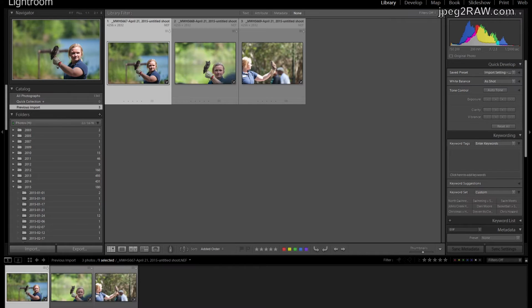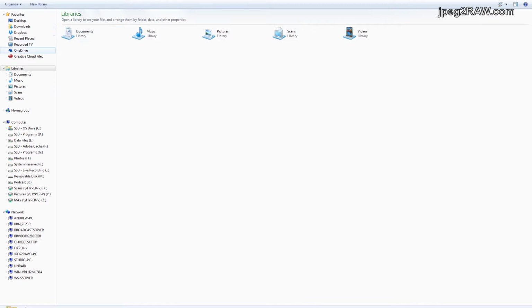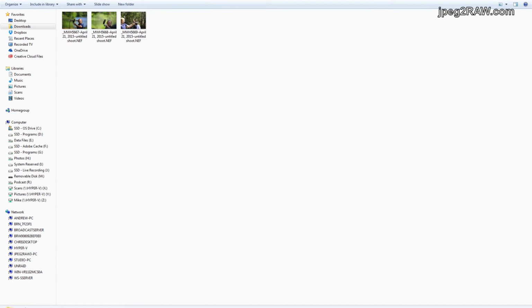Now, how long do you keep that backup of those photos, that duplicate backup? Okay. So I would tell you that I keep those backups forever. Now, that's something that's going to be your personal choice on what you want to do. So let's look at the downloads, Lightroom backup, and here are those images that it backed up. It's a second copy. Right. It dates them, imported on Tuesday, July 21st, 2015. It puts them in that folder, and then it's a second copy of the raw images.